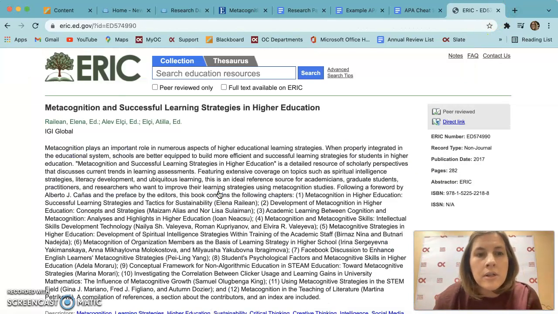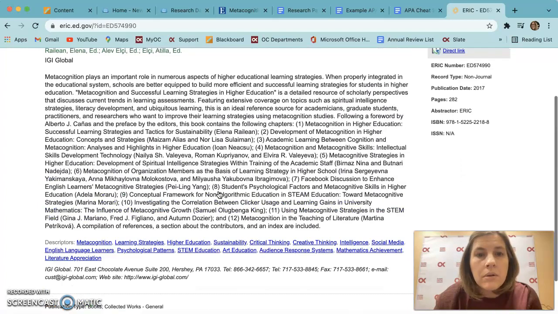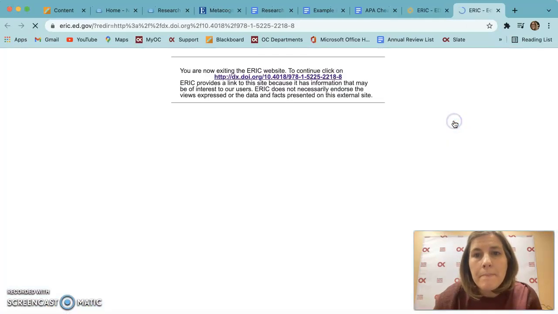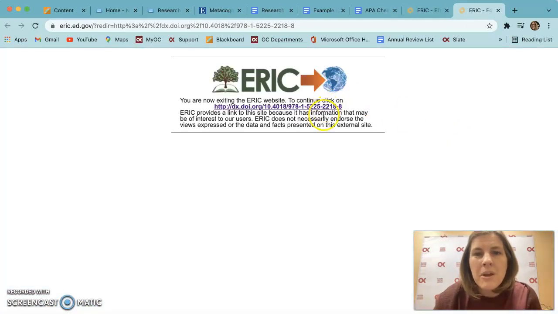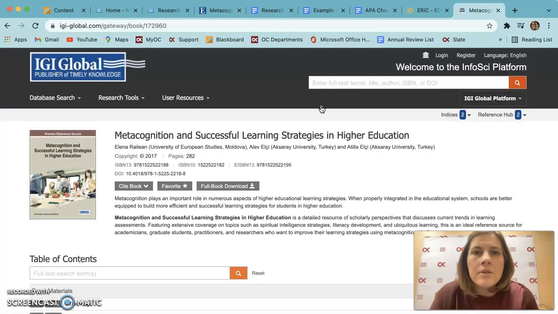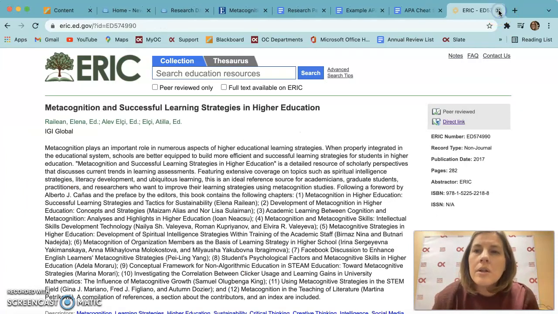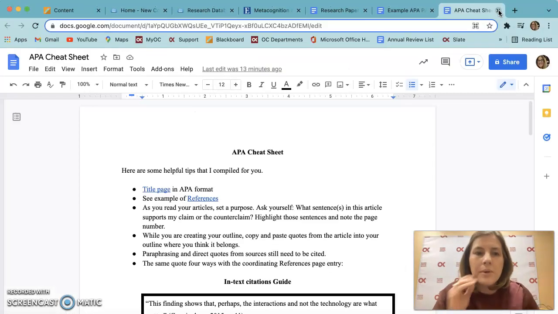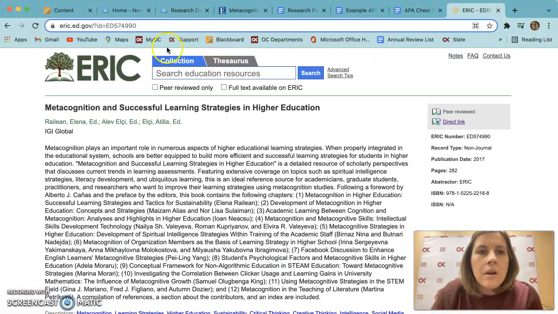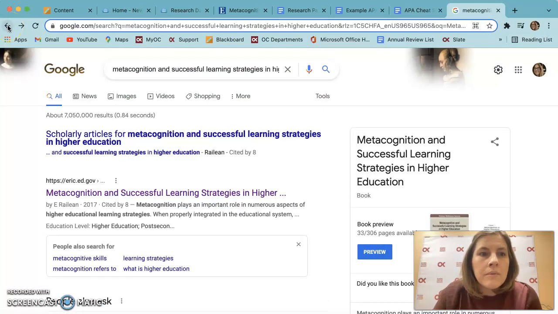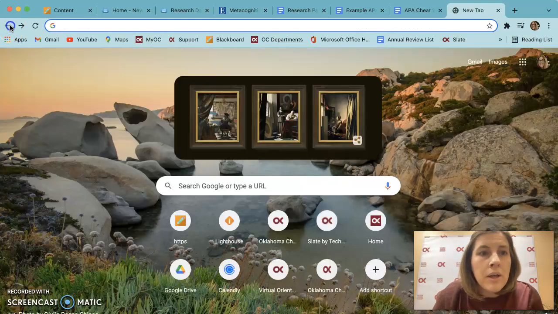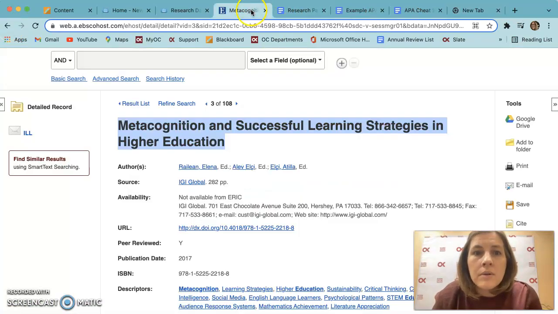Now, I'll want to make sure that it's the same article. And it may or may not work. We may have to go back and do it. But this is good for you to see that sometimes you are just going to have to do a little more work. You do a little more research. All right, so that didn't work. So we're going to go ahead and go back to here, go back to the result list,